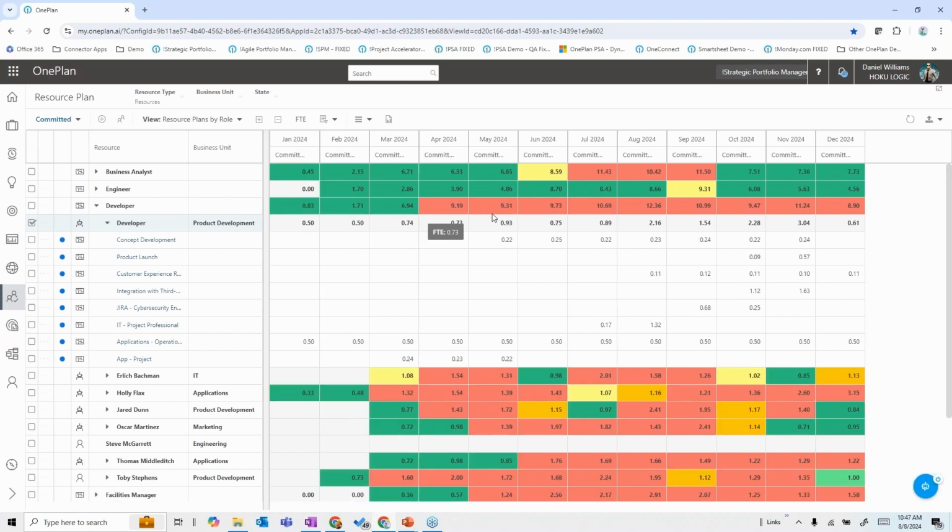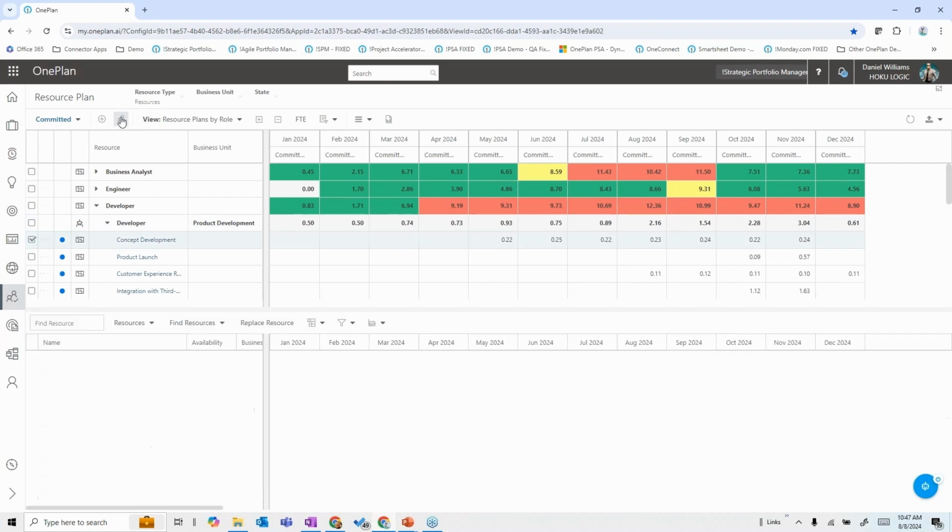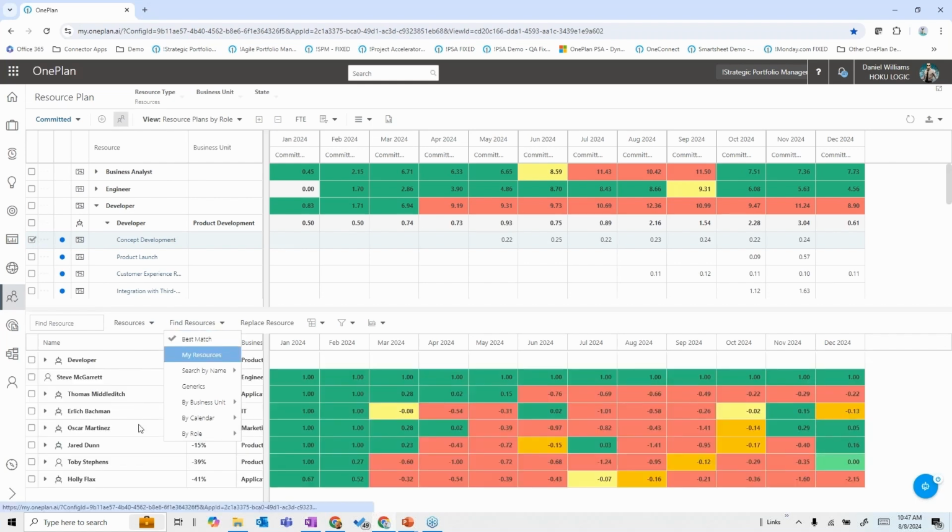I can see at some point I need more than 9 or 10 or 12, where I only have a capacity of 7. So once again, if I have this visibility ongoing, I'm unlikely to over-allocate to this degree. But as I need to reallocate some of these things, I may want to look for candidates to get a named individual onto this concept development. I can have the tool find me best matches that tell me who might be unavailable or available. Right here, it looks like Steve McGarrett might be a candidate because he has full availability at the time frame that I'm looking to get a resource on there,